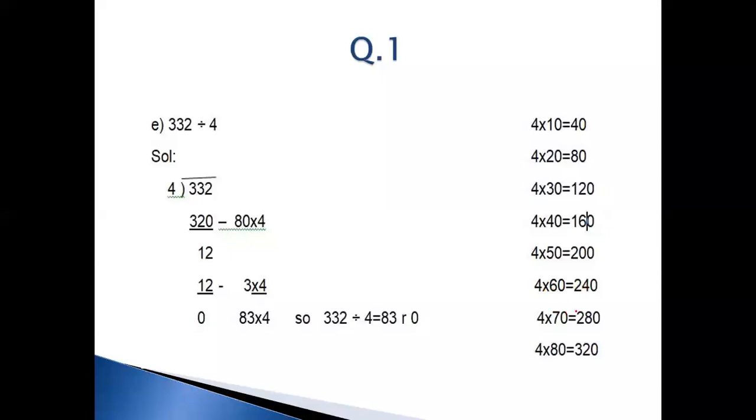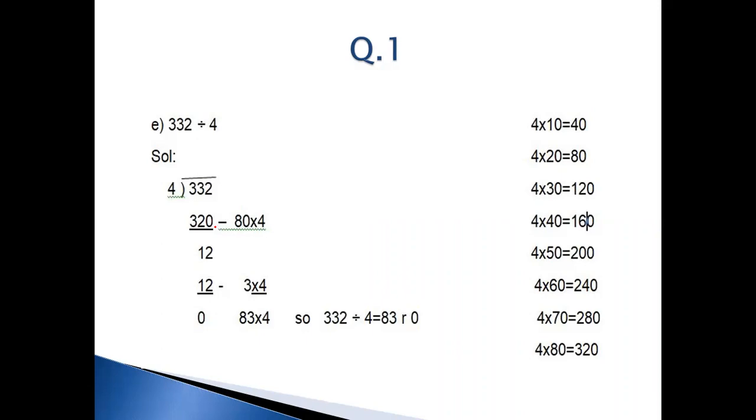4 multiplied by 70 is equal to 280. 4 multiplied by 80 is equal to 320. If we keep on doing the working, we will get 4 multiplied by 90 is equal to 360, which will be greater than 332. We will not go for that working line. We will stop our working here because we got our required number here, which is closer and less than 332. So what we are going to do, we will write a number here, 320.